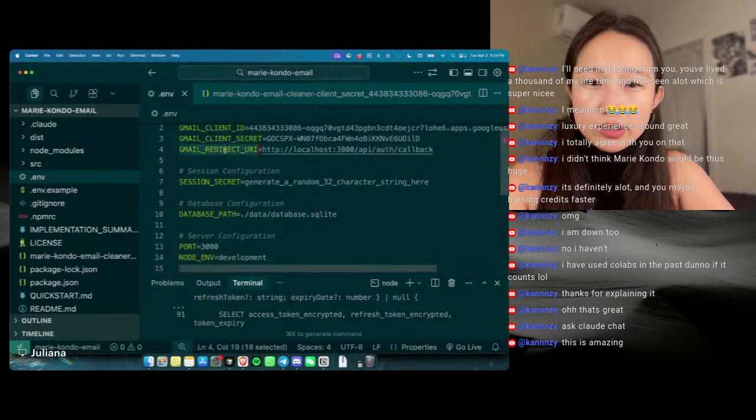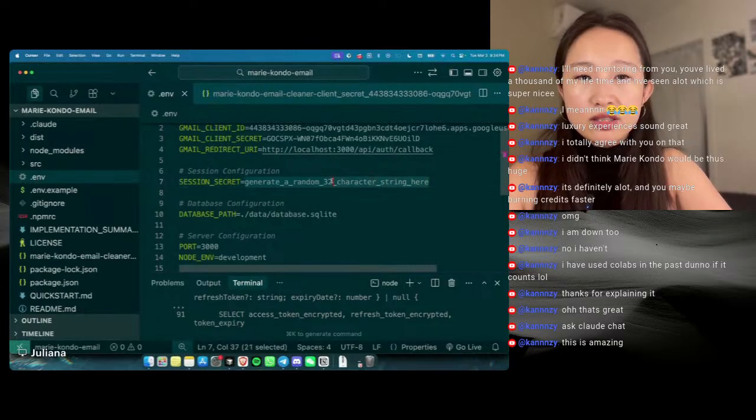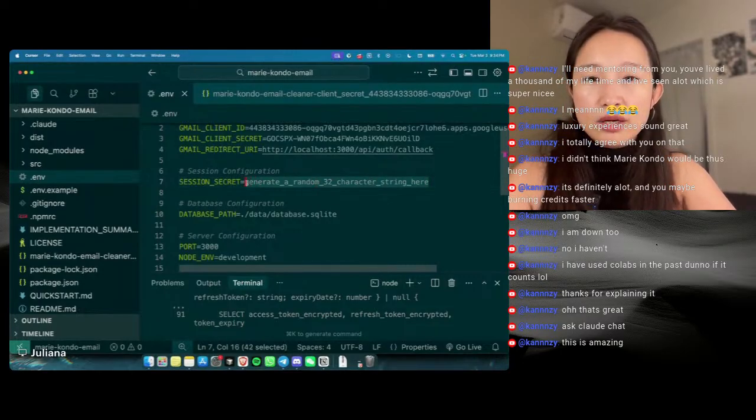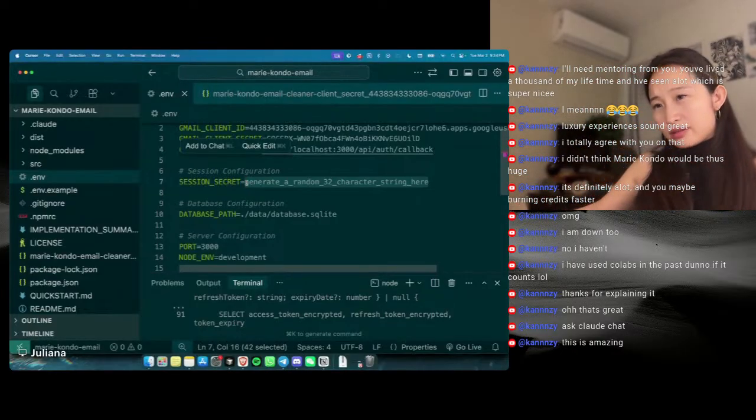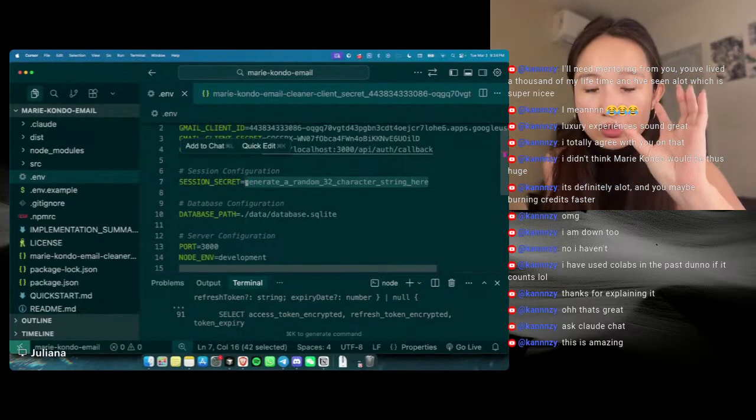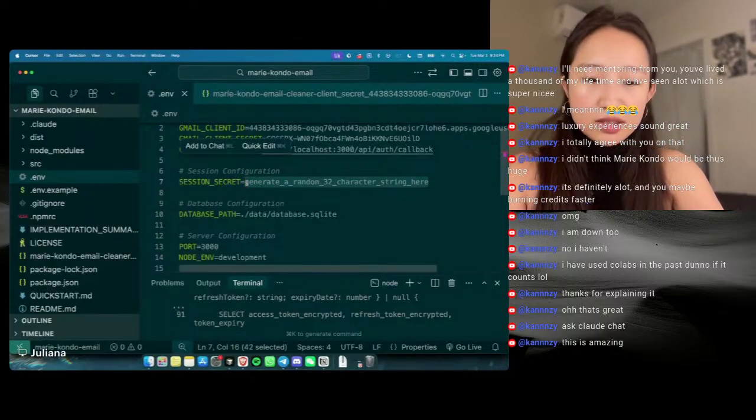Okay, redirect URL stays the same. Session secret. So session secret is whatever you want to type in. This is basically the word that they use. Let's give it like